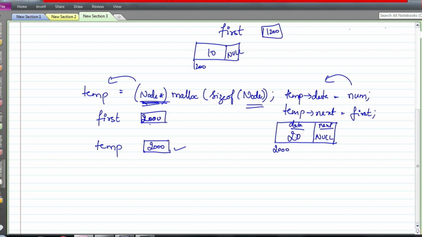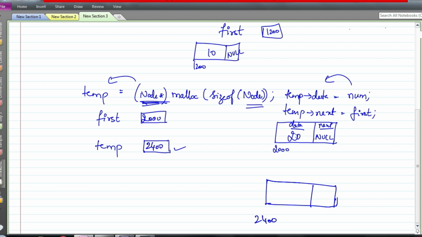Hope this is clear. Now again, suppose I call the function insert at beginning, I am calling it again. Now this temp is created freshly. See, we are returning this 2000, so that is stored in the main function. So again we are creating temp freshly, and freshly I am allocating memory. Let me assume it is at memory location 2400, and that is stored here.